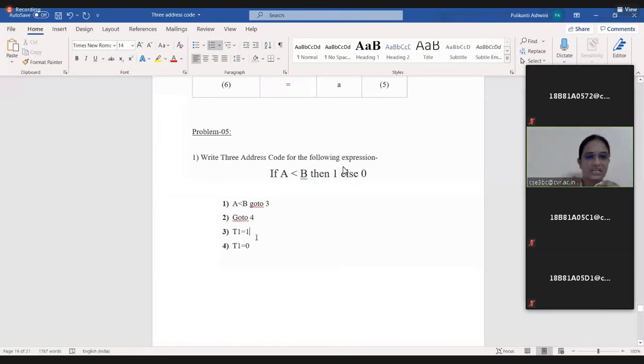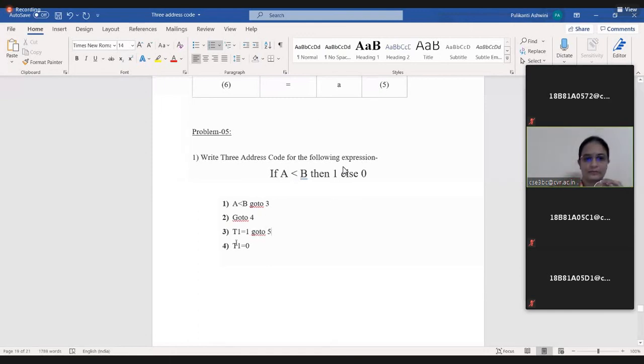After printing that value, it should come out of the if statement, right? Whatever statements are there outside the if have to be continued. For that reason, I'll take one more go to, go to 5.